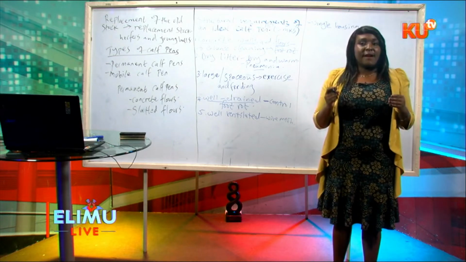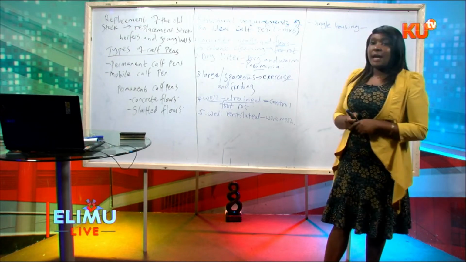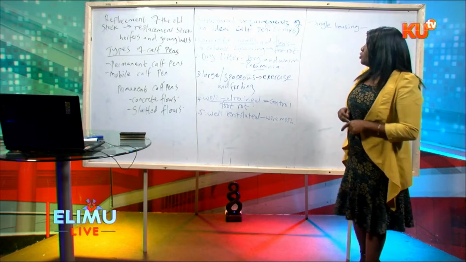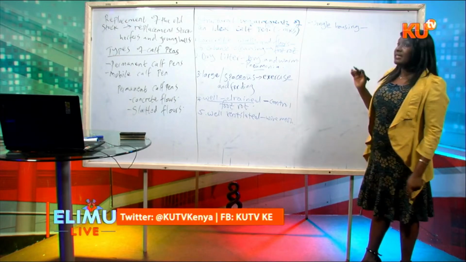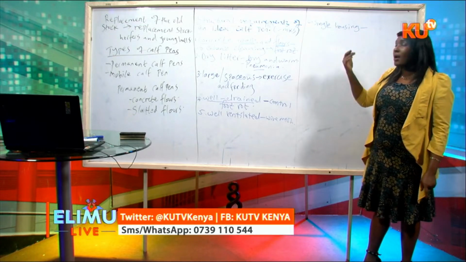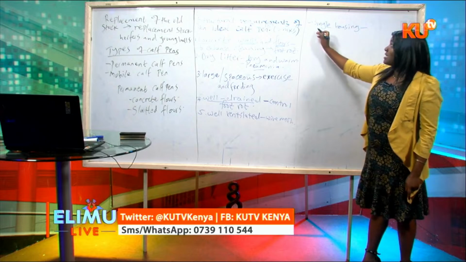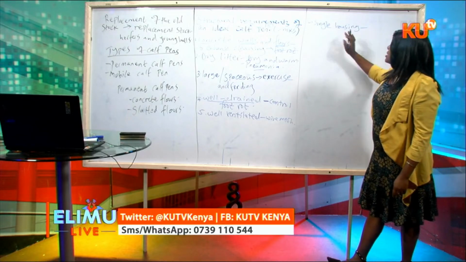So that means as a farmer, you will have to go an extra mile in terms of investment, you have to dig deep into your pocket, and you construct 2 separate calf pens, because we want every calf to be in its own calf pen. So that brings the aspect of single housing. And this single housing